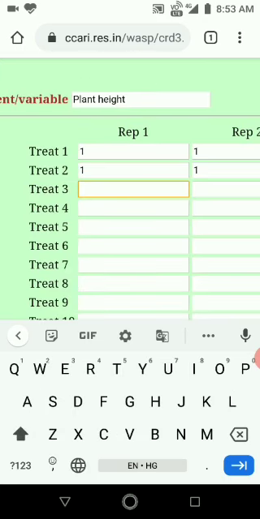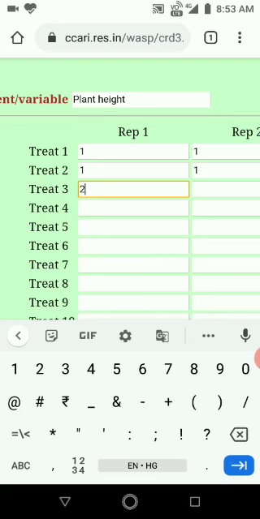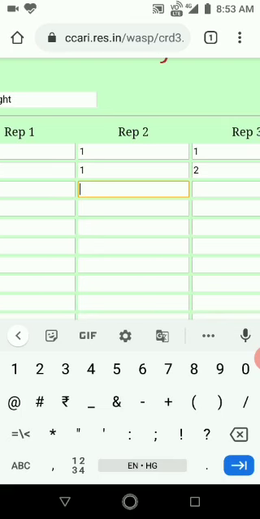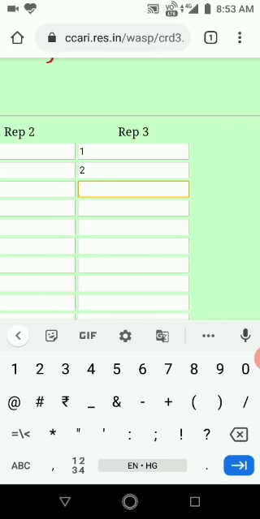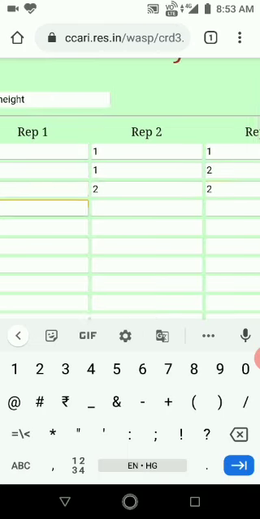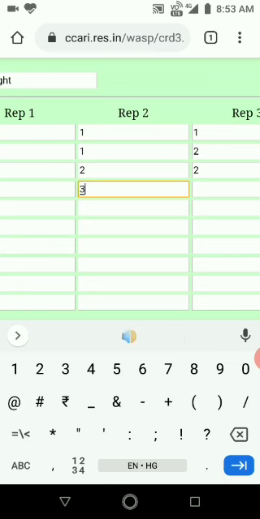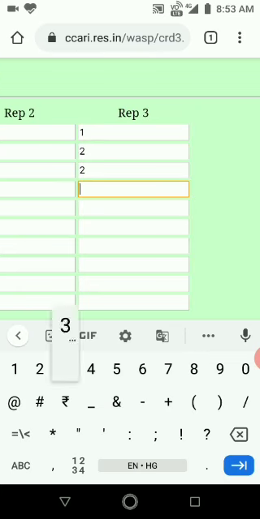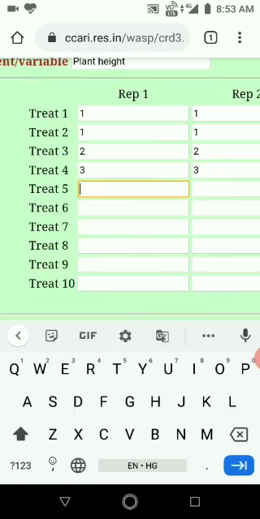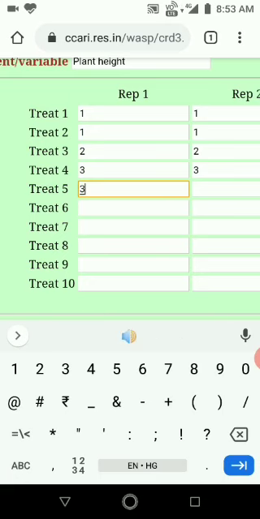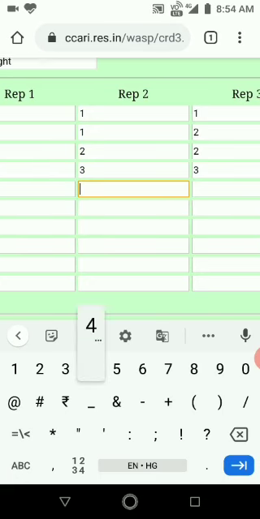For each treatment you have 3 replications. You have to add data in that particular software. See, I am adding this data. It's really easy, there is nothing hard.